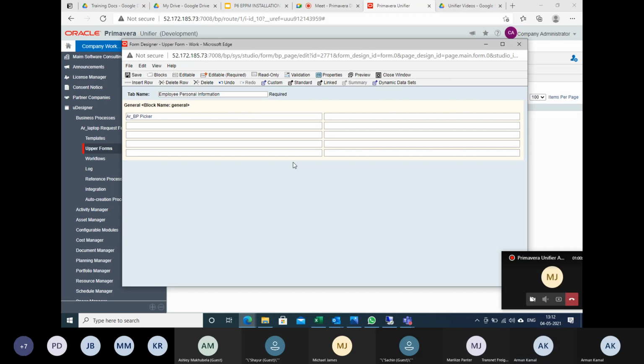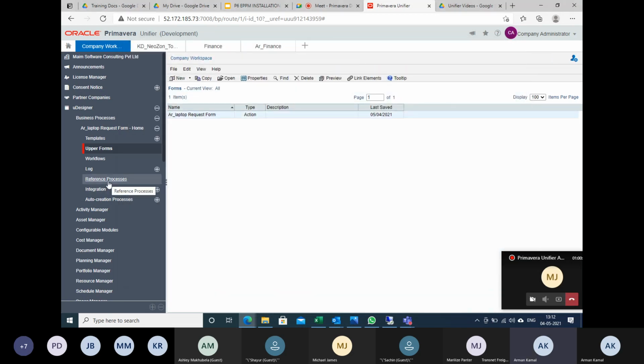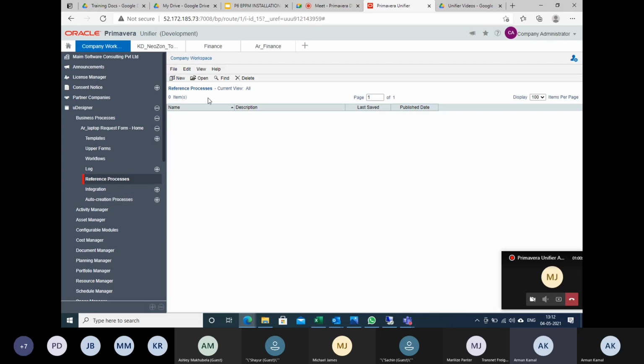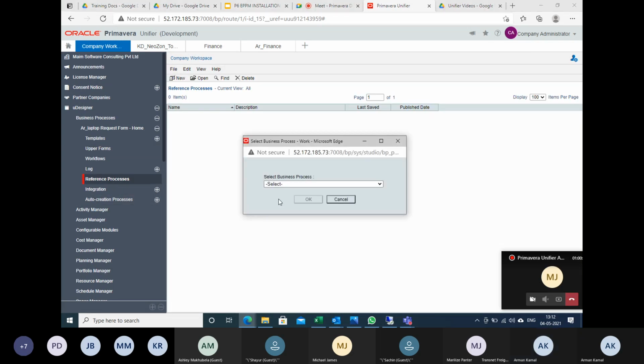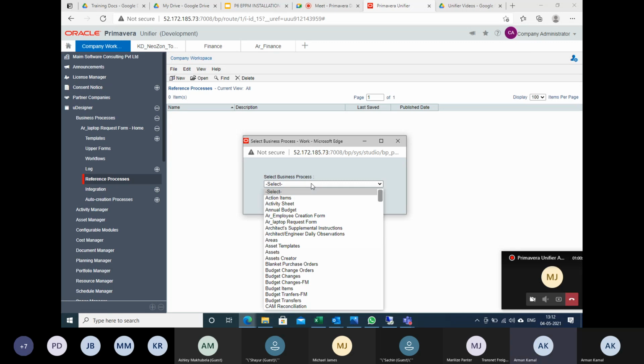You have to go to the reference process tab, because I'm going to put this reference to the other BP tab. Create a new one. Okay, so I have to select AR employee creation form.